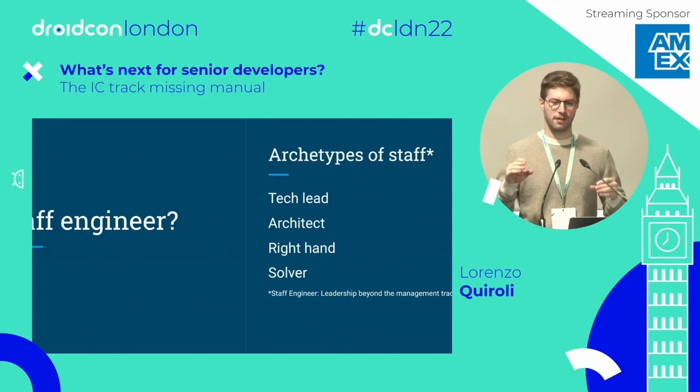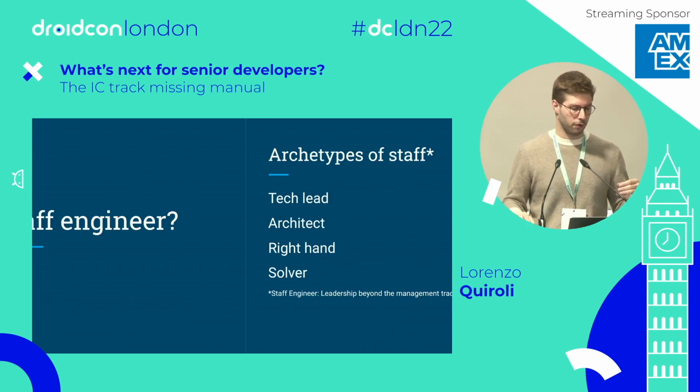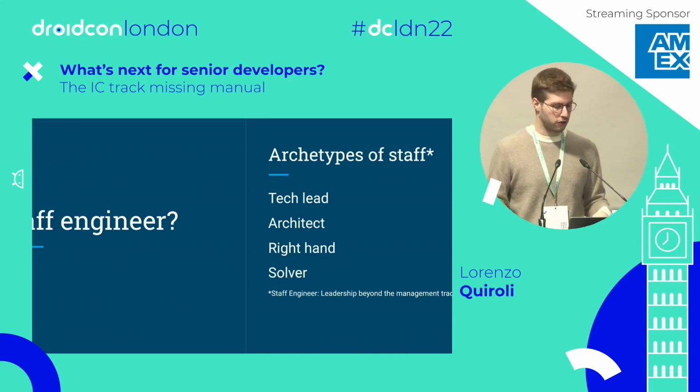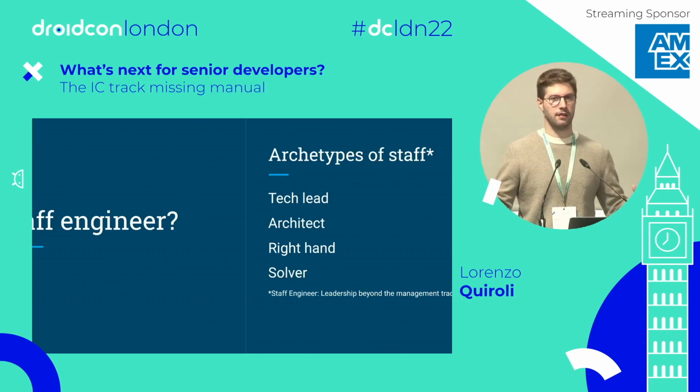Well, I think staff engineer is different from senior engineer because there are different archetypes. It's not such a straightforward role that is more of the same in every single company. Staff engineer depends a lot on the company they're in. The expectations, the requirements, and what they do can be widely different. For example, this is from a book I've read called Staff Engineer: Leadership Beyond the Management Track. And it talks about the fact that there are a number of archetypes of staff engineer.